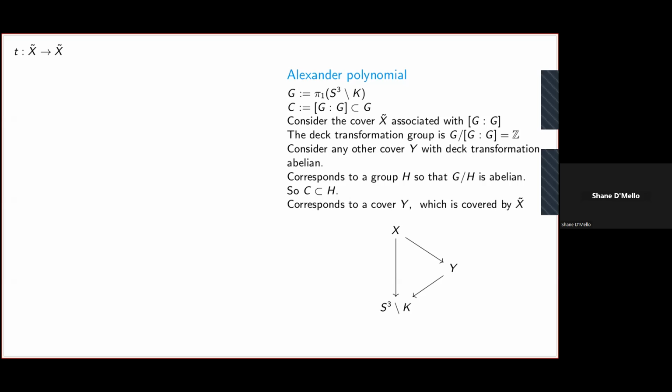But we have the special cover here, thanks to the abelianization of G always being Z. And so we can compute the homology of that. But we have another advantage. Remember that the deck transformation group is Z, right? And therefore it can be generated by